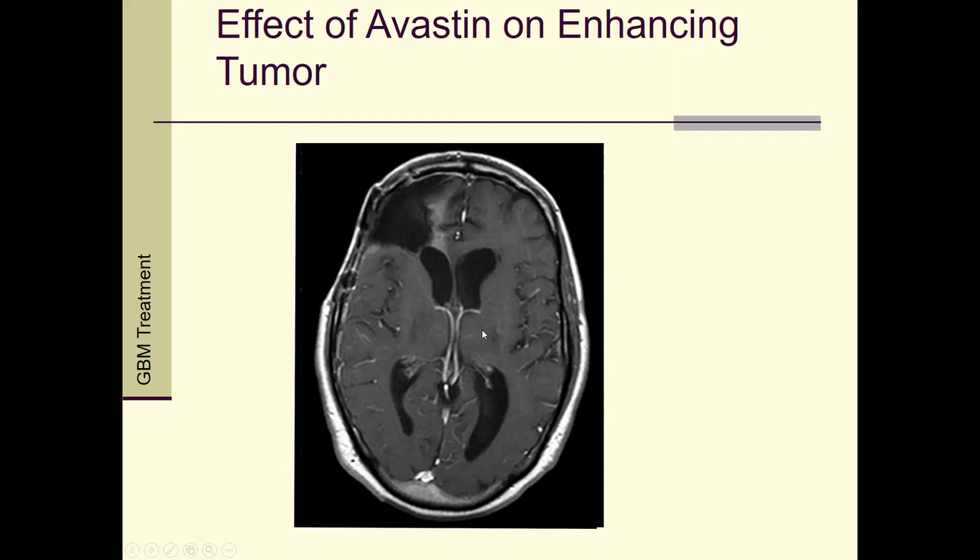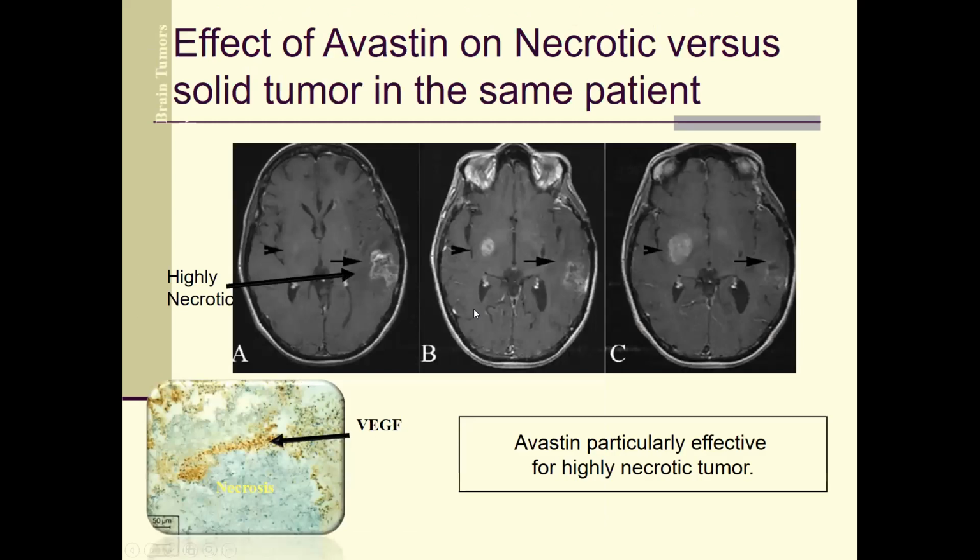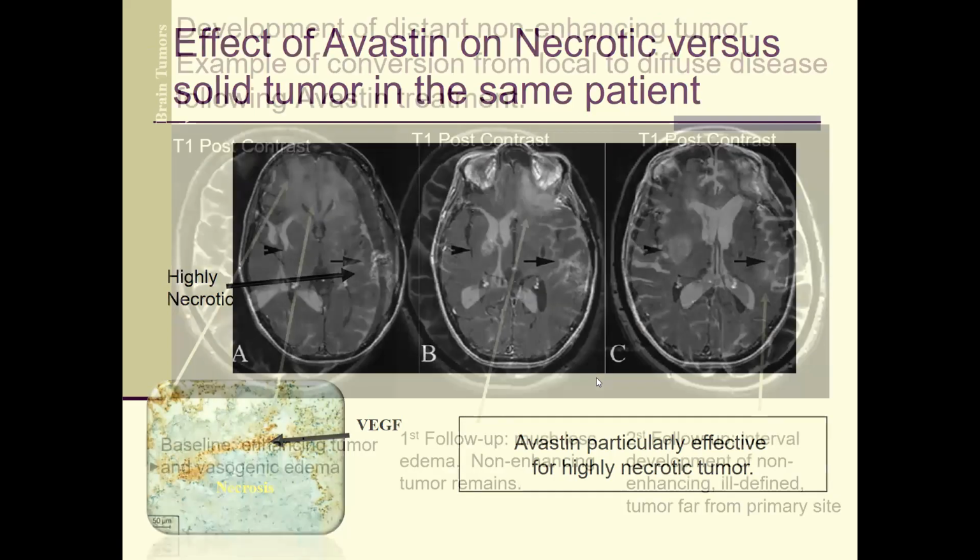Even if you don't have an enhancement, you may have a recurrent tumor in this area. The Avastin can actually go to the necrotic areas. So this is a patient who has been treated with Avastin, and this tumor is getting smaller and smaller and almost disappeared. But this one, which is not necrotic, is not affected by the Avastin. So Avastin doesn't really work on this tumor, but in this necrotic tumor, the Avastin was very effective, for